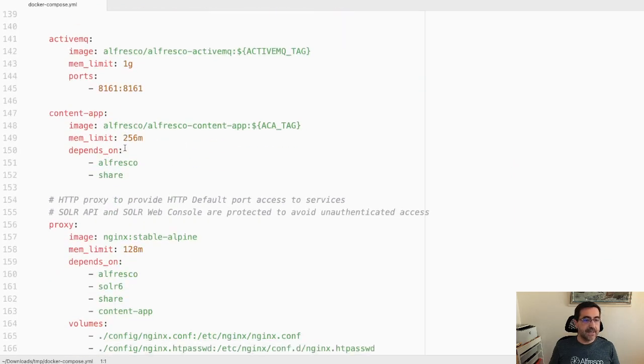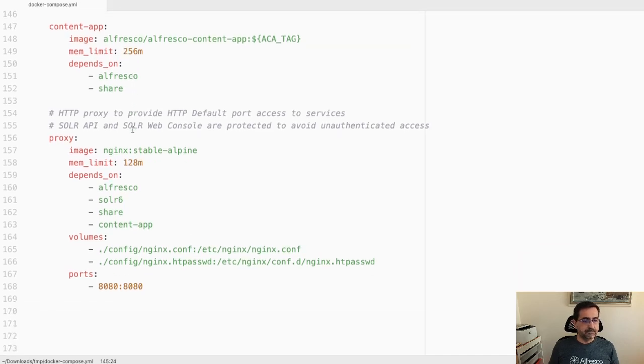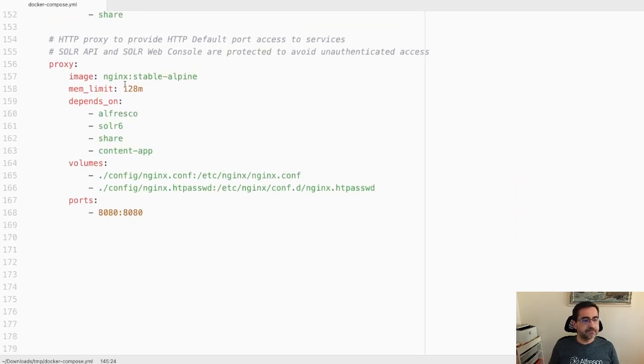The next one is ActiveMQ. This is the messaging services, and we are exposing also the admin web UI if you want just to check the browser and to check the different topics and queues. So you can do that. We have also the content application, that is the new UI, the one based in Angular. And finally, we have this web proxy that is wrapping all the connections to the Alfresco services, Share, and